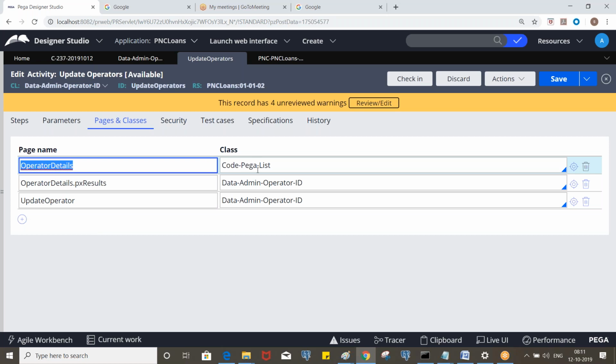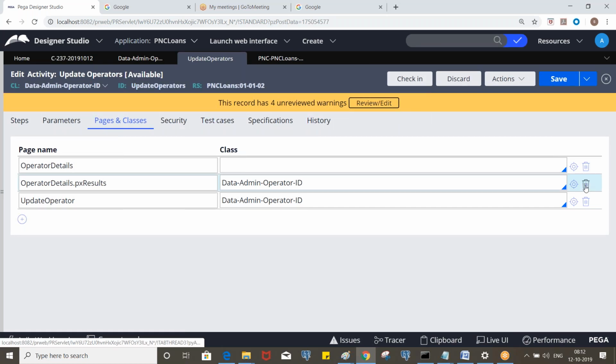Even if you remove this, it will work, but it should be the same as the clipboard structure. So even if you define only the pages without classes, it will work.